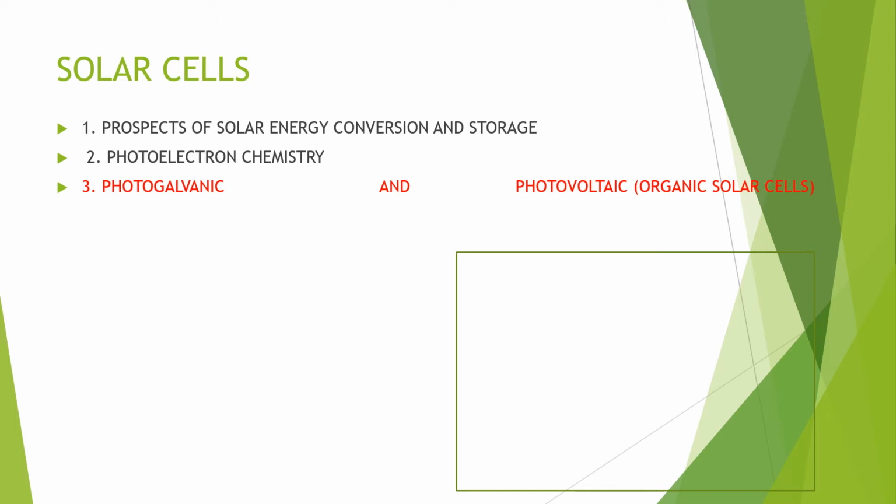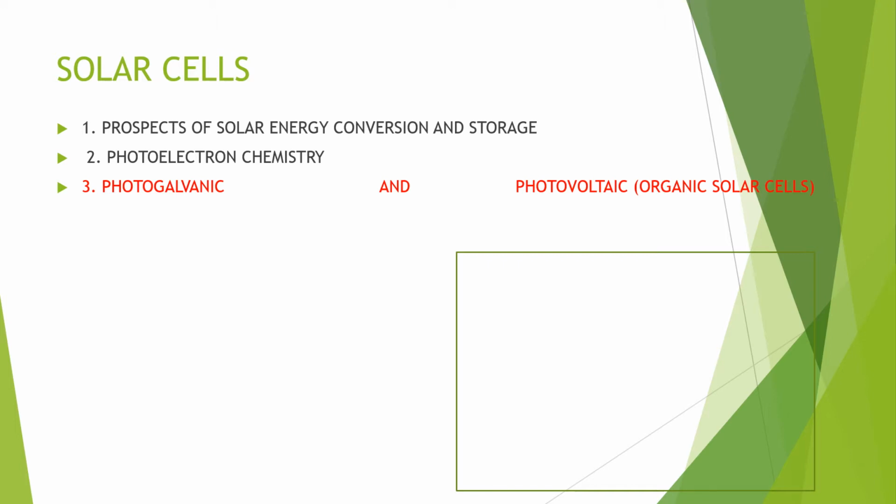In photoelectrochemistry we have seen the photodecomposition of water, that is photolysis of water, and the decomposition of NaCl. In the photolysis of water we have seen the semiconductor electrode. That semiconductor electrode comes under the photogalvanic cells, where N-type titanium dioxide is used as a semiconductor electrode, which is placed in water, and on the absorption of radiation, titanium oxide forms an electron-hole pair, and then it forms